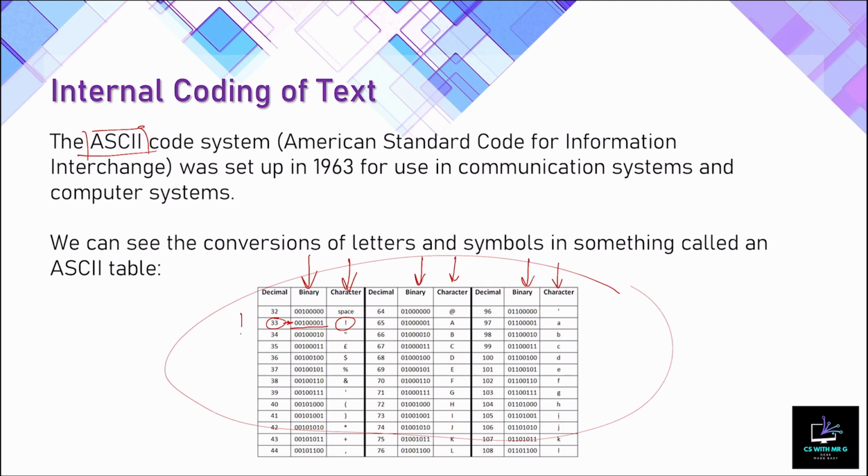So obviously the Americans developed this as they use the 26 letters that we discussed in the alphabet. They've also got the general characters that are used in terms of symbols. And once this system was developed, the communication systems around the world that used computers were able to communicate via a digital platform because we had a rule for how these letters and characters would be represented. So for example, if the Americans were communicating with the UK, even in 1963, they had a copper cable under the Atlantic Ocean, and down this copper cable would have gone a series of zeros and ones to represent